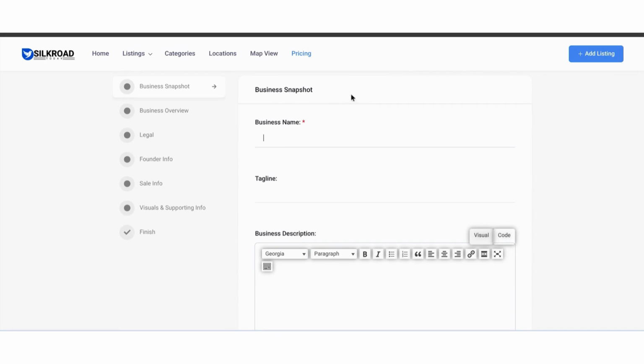The first one being business snapshot. Red starred areas are compulsory. Those with no red stars are not compulsory. First compulsory section, business name,